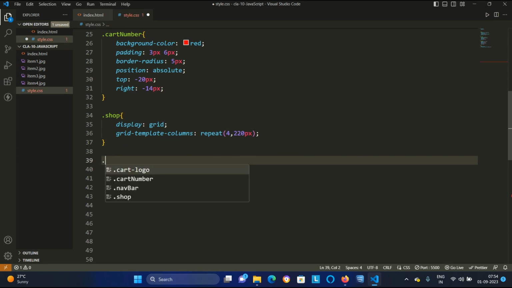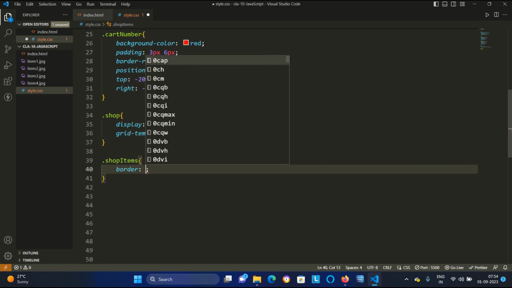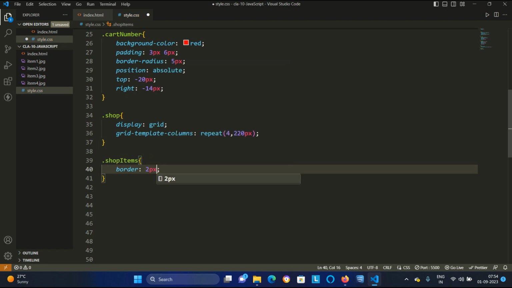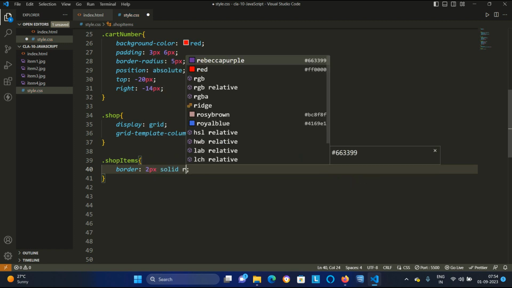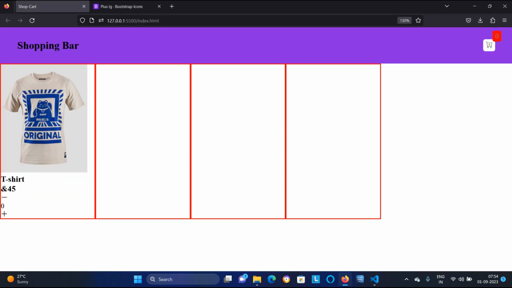By using dot, Ctrl V, curly brackets open and close, and SOAP items. Here you say create a border of 2 pixel solid red, Ctrl S, go back. So here you are looking, we have the 4 grids.